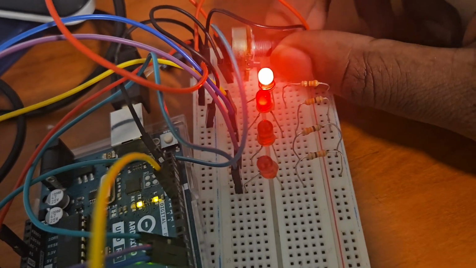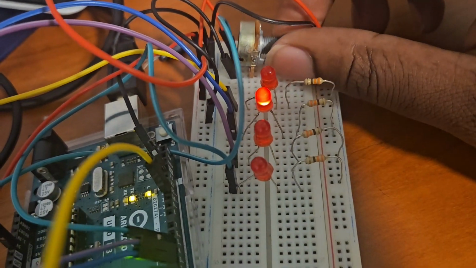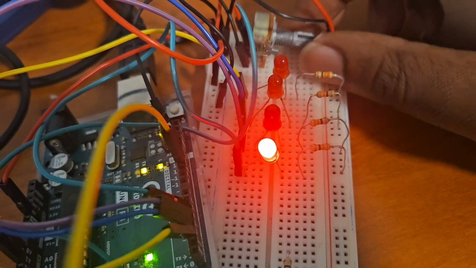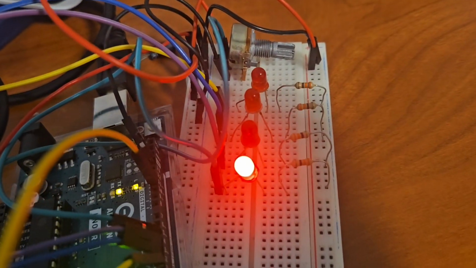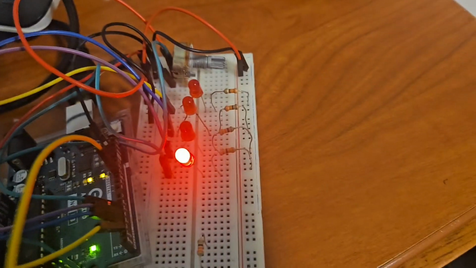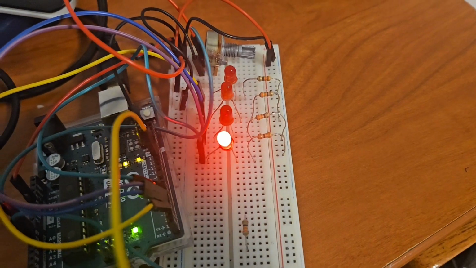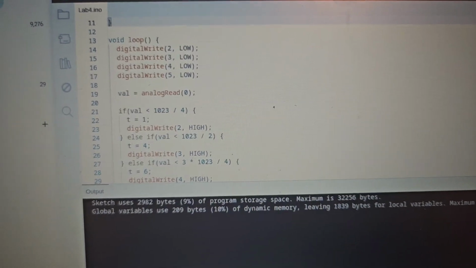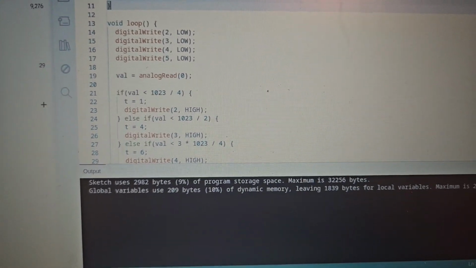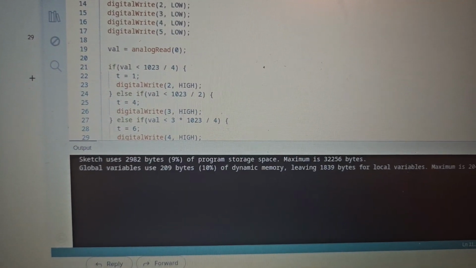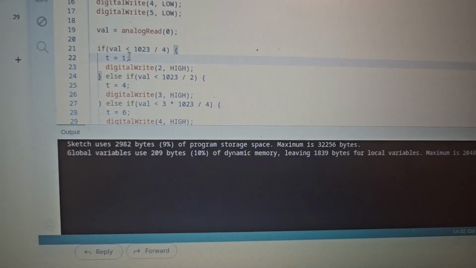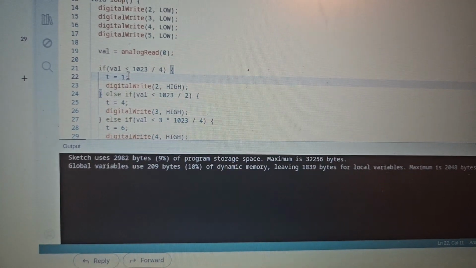If I change it, the LED should change, showing an indication of what sampling frequency I want to sample the frequency from the ad lamp. Here is my Arduino code. As you can see, if the value from the potentiometer is within certain ranges, the period of the frequency will change. For example, if the potentiometer is below